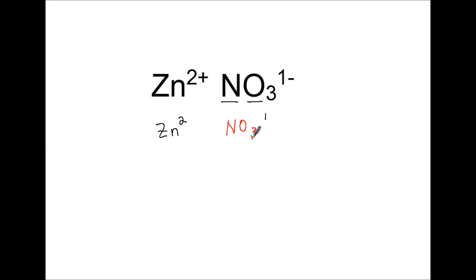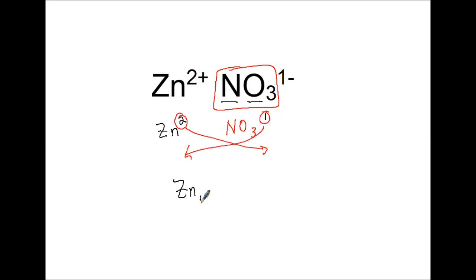Anything that is in the polyatomic ion, that whole entire formula, you cannot ever change. You cannot touch it. The only things that you can touch are the numbers here and here. So the same rules apply. The 2 comes down over here, the 1 comes down over here. So we have then Zn1